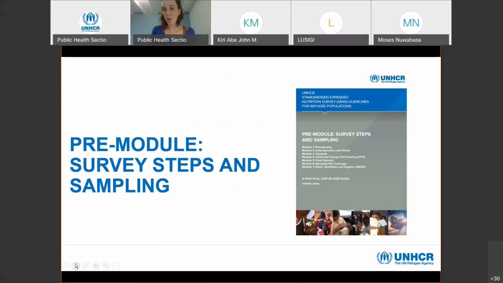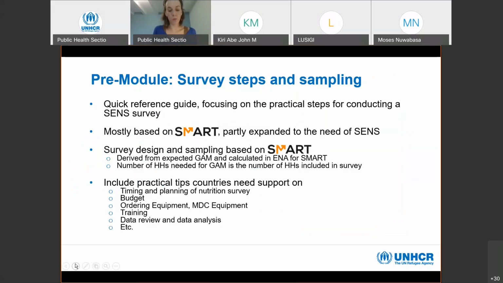We continue with the review of the most important dates in the SENS pre-module. But before that, we have this slide to explain what exactly the SENS pre-module is and what it contains. The pre-module can be defined as a quick reference guide focusing on the different steps for conducting a SENS survey from the planning phase to the dissemination of the survey results. The pre-module is divided into 16 steps, and for each step you have practical tips and recommendations for conducting SENS